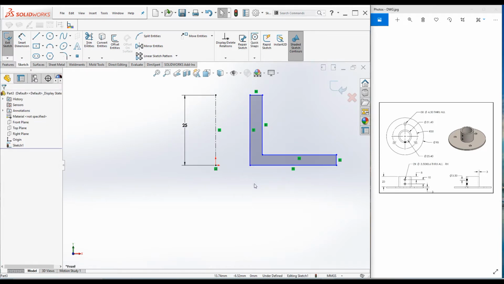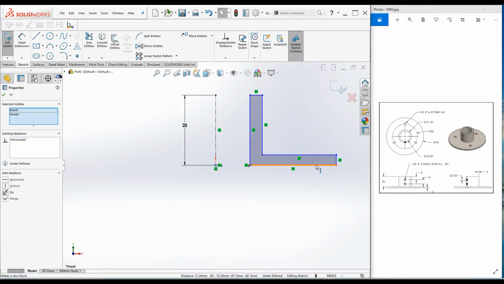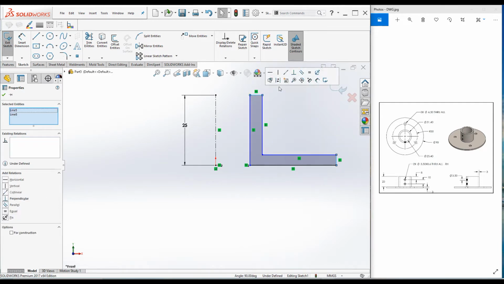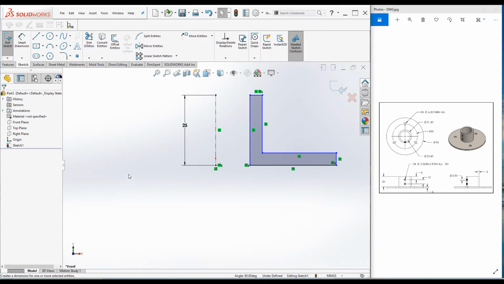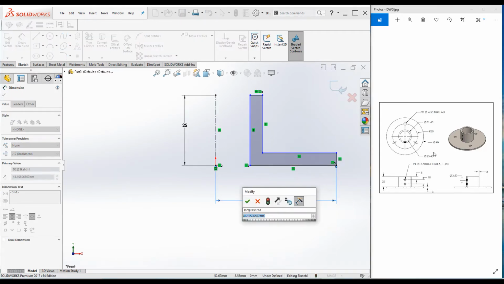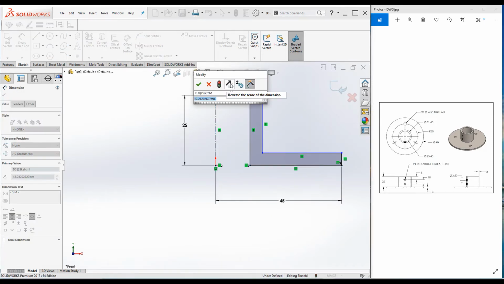Let's add a few dimensions and relations. Select this point and this point, make it horizontal, and select this line, press Ctrl, this line, make it equal, and let's add a few more dimensions. Click on this line and this line. The dimension distance is 90 divided by 2, 45 millimeters. And the distance between these two lines, half inch, 12.7,